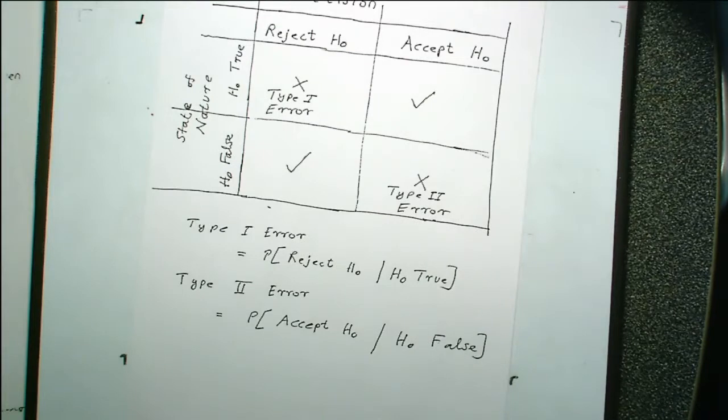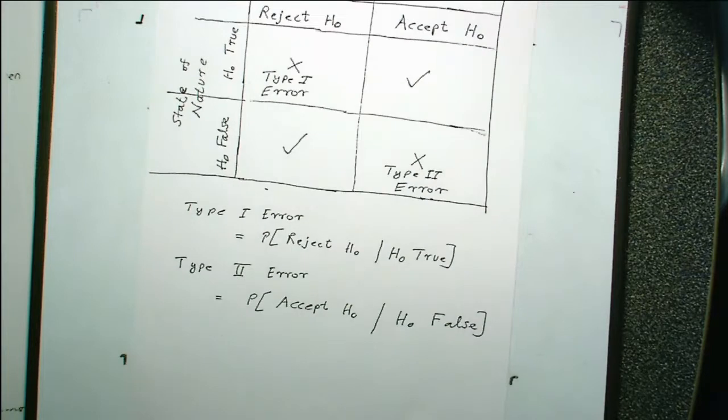Right? So these two errors are unavoidable. It doesn't matter how clever you are. You could be a Nobel scientist, the Nobel Prize winner. It is impossible to devise a test that has zero probability of type 1 error and type 2 error. So these type 1 and type 2 errors are bound to be there for any kind of test of